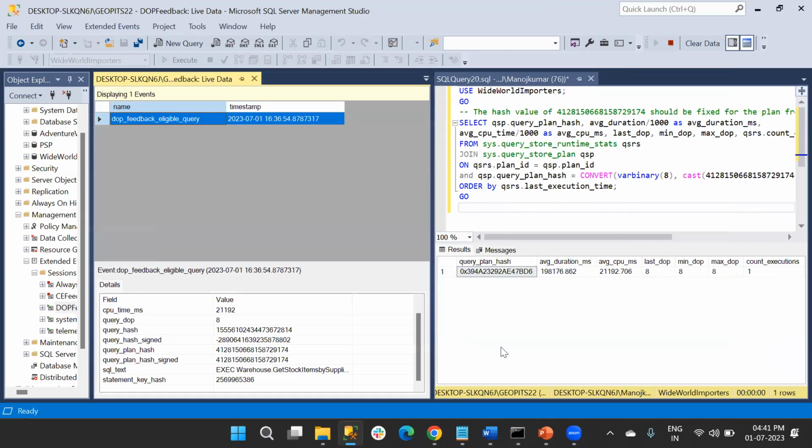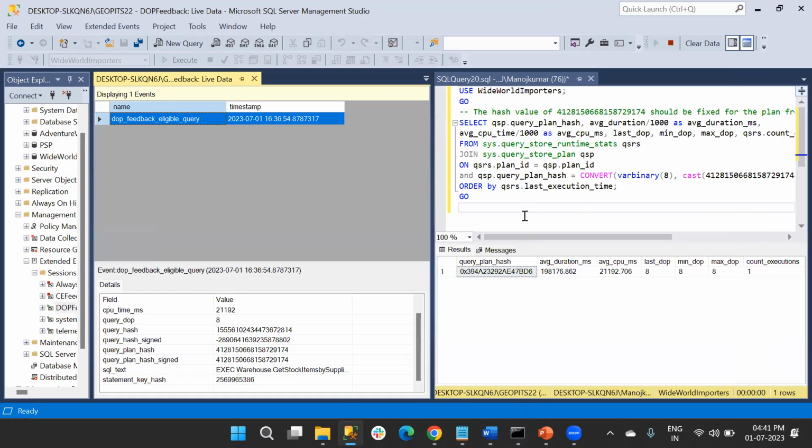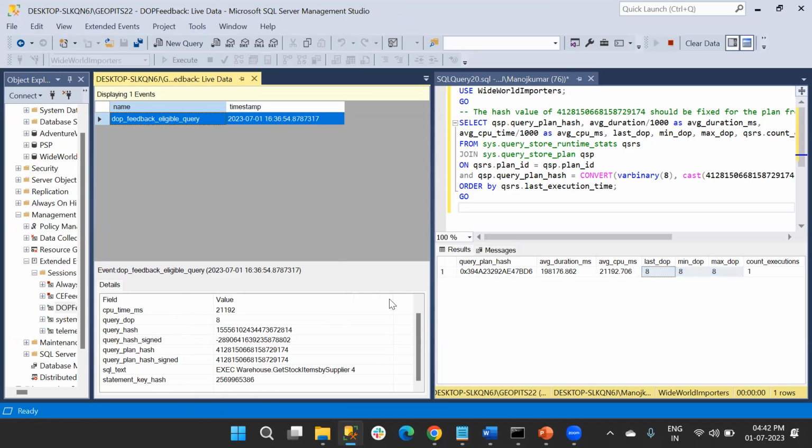I think it will take so much time to execute because of the processes which I have now. This is how you will get to know how much max DOP for this query for execution count. Previously I manually ran the query, so we got 8 max DOP. In the extended events, you came to know what all the queries and their CPU time are, which has been utilized for this particular procedure. You will get all the details in that detailed session of the extended events.